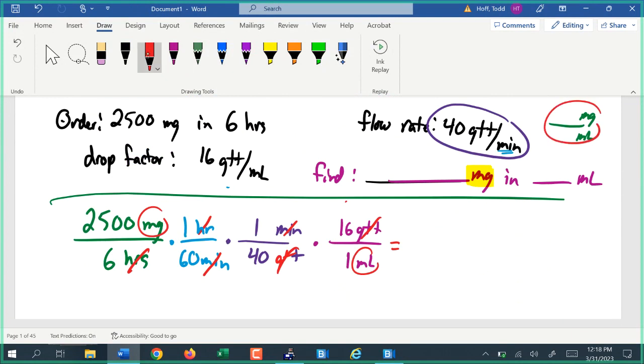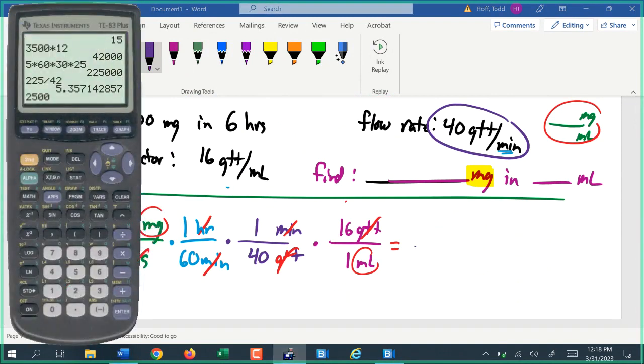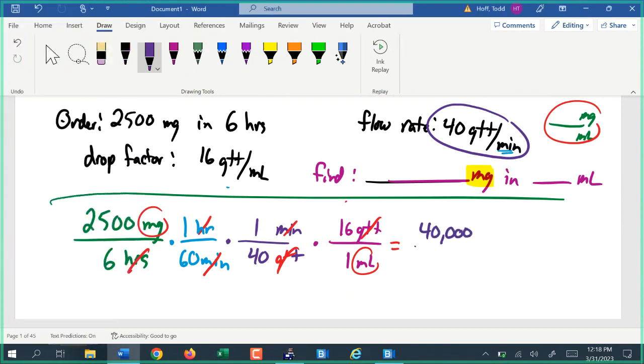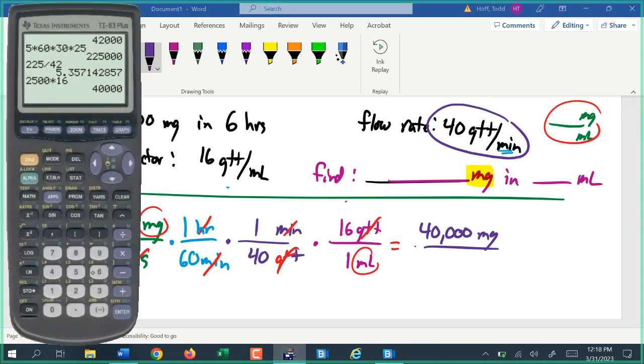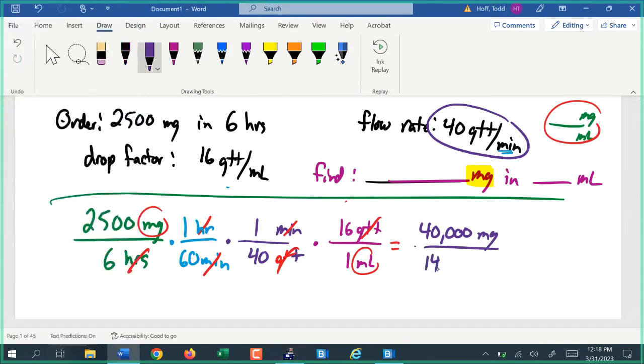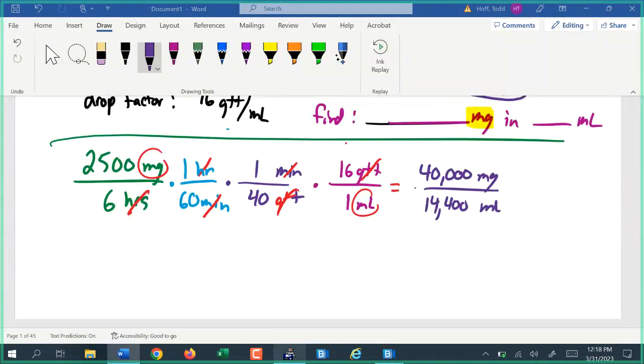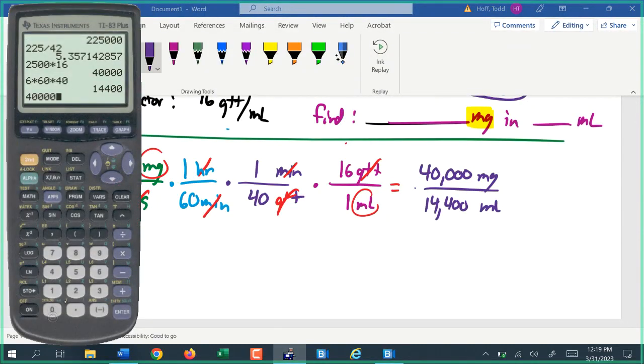So we'll go ahead and multiply this out. On top, we have 2,500 times 16, which gives us 40,000 milligrams. On bottom, we have 6 times 60 times 40 milliliters, which is 14,400 milliliters. Now, when we look at this, this is not the way we're used to seeing it. There are a couple ways we could do this. We could go ahead and divide it out and get a decimal. 40,000 divided by 14,400, giving us